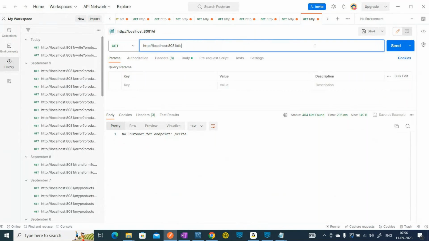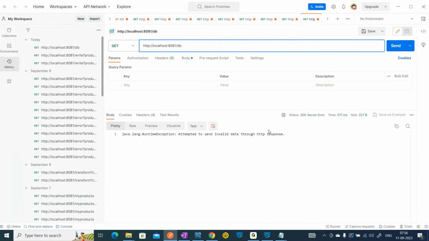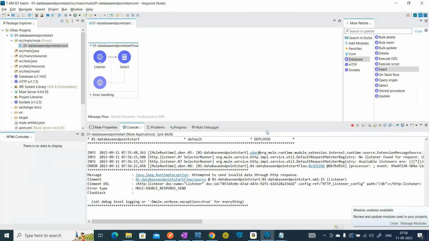Slash db. So what does it say? Attempted to send invalid data through HTTP response. My HTTP listener is not able to understand what response to be sent. What can I do in this case? I will use